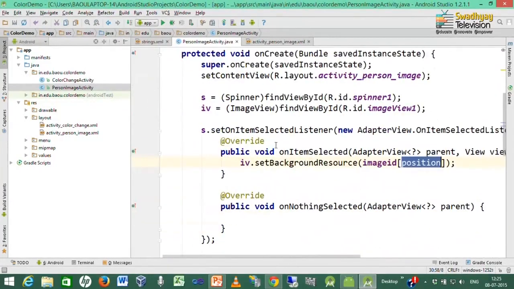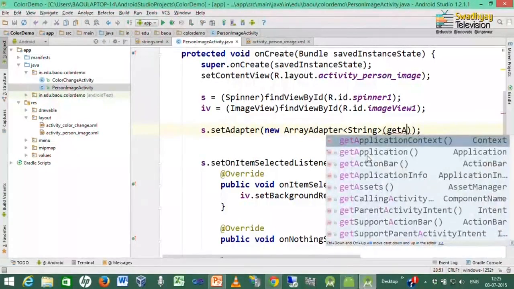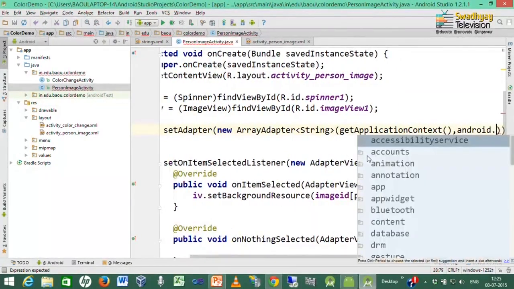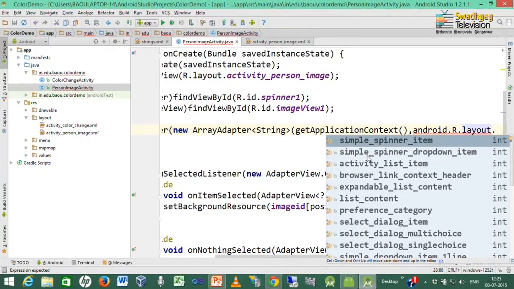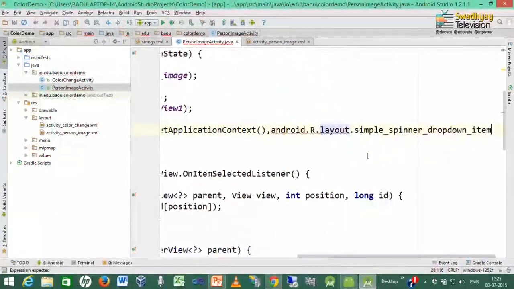Next, we write code to fetch the actual names inside the spinner. So, we use the method setAdapter, and inside it we create an instance of ArrayAdapter, and it takes 3 arguments. First is the application context, second is the layout for our spinner, layout.spinner drop down item or simple spinner item, you can use anything, and last is the name of the array.